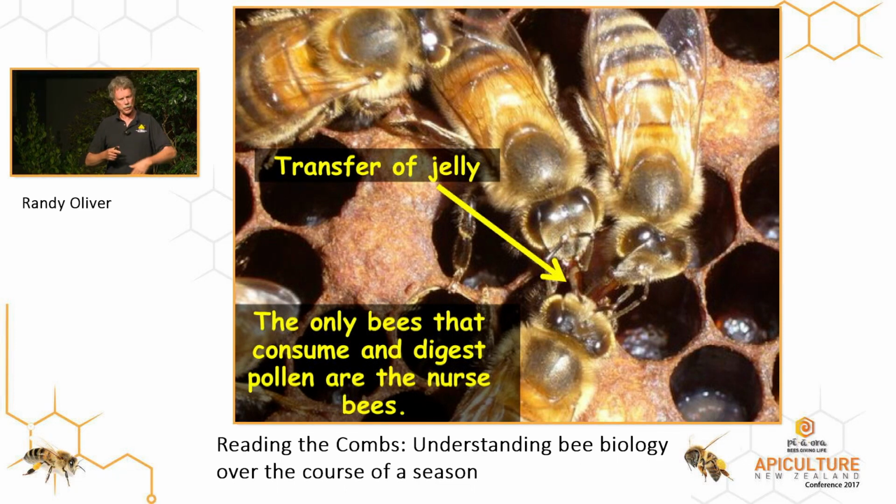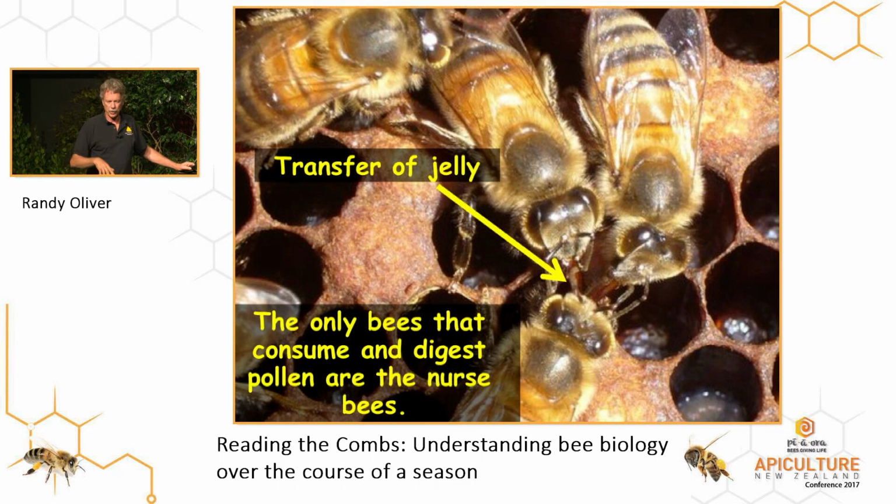Once they start shifting to mid-age and foraging, they give up the proteolytic enzymes that digest protein, and they start doing sugar-digesting enzymes. The nurse bees then do the digestion of pollen for the entire hive. They convert it into the currency of protein in the hive, which is the jelly, and the jelly then is passed mouth to mouth to any other bee in the hive. So if there's a forager bee coming back from a foraging flight, and it needs to repair its wing muscles, it needs some protein to do that. It cannot digest pollen itself.